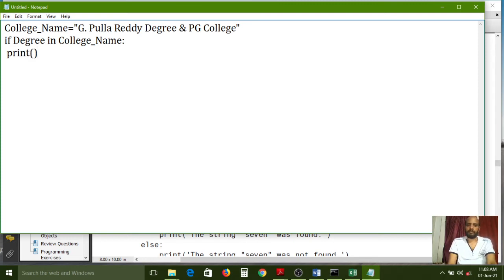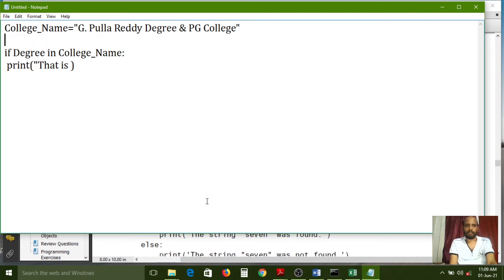Print function I am using. Here one input is required.